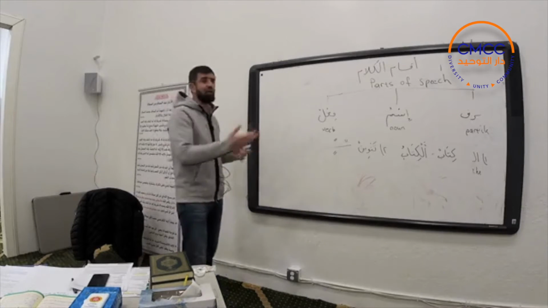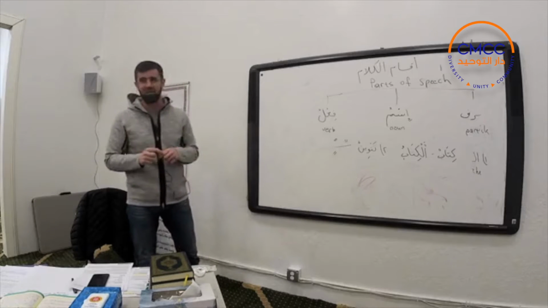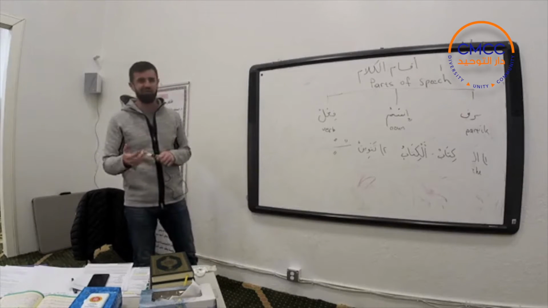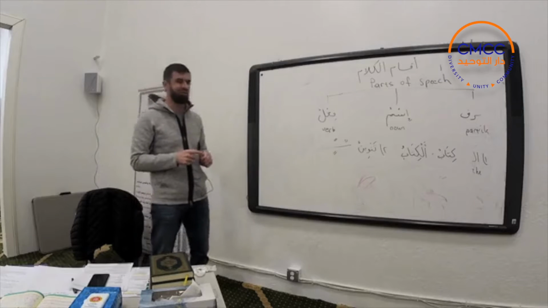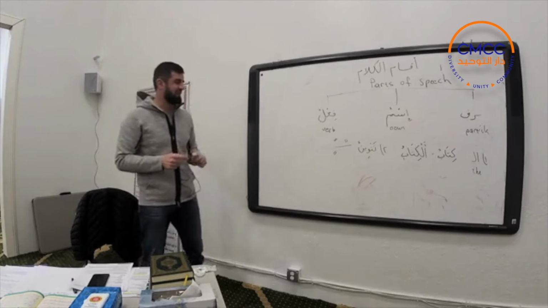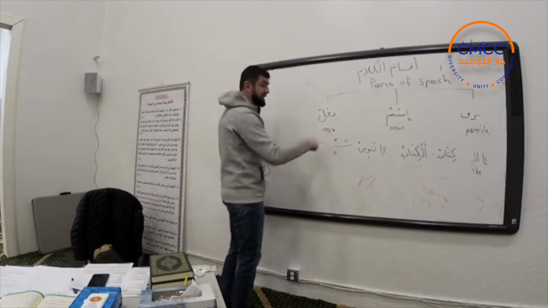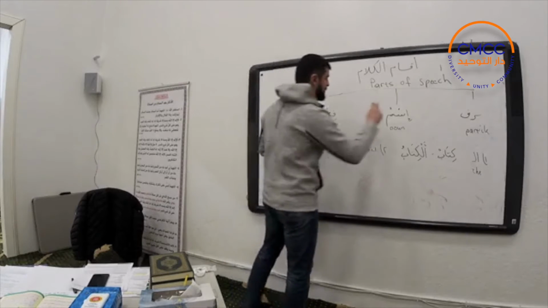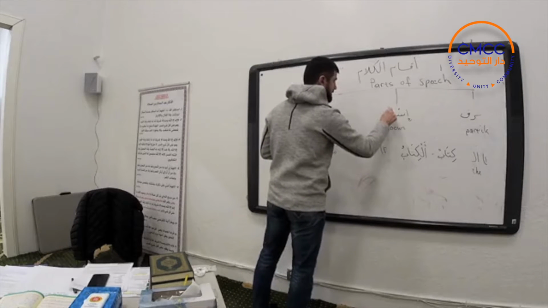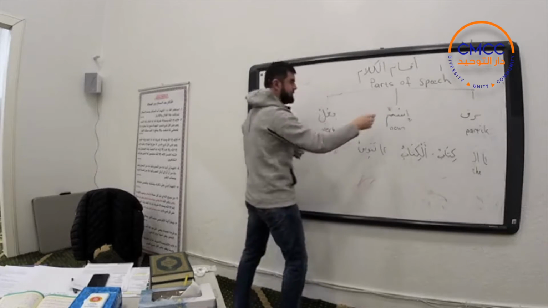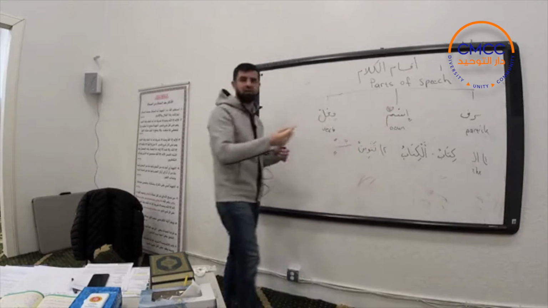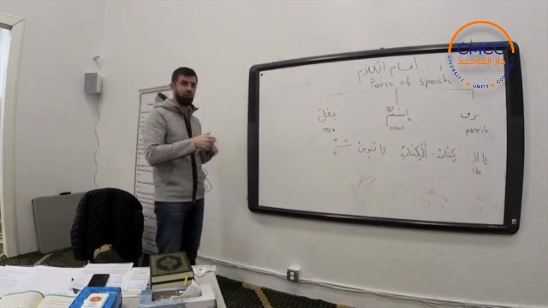Unless there is something I don't know. As I told you, I'm not an Arabic-speaking person, so maybe there is something I don't know, but I haven't heard anything like that. So these are tanweens, and if we see it on the ism, we know it's a sign of a noun. It's a sign of an ism.